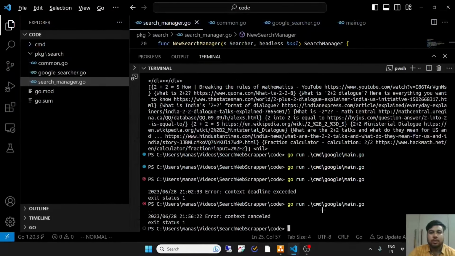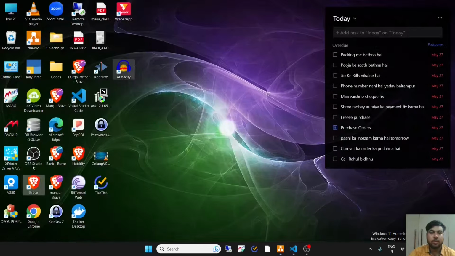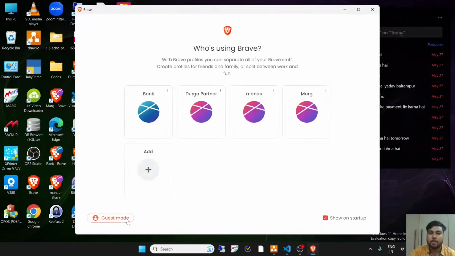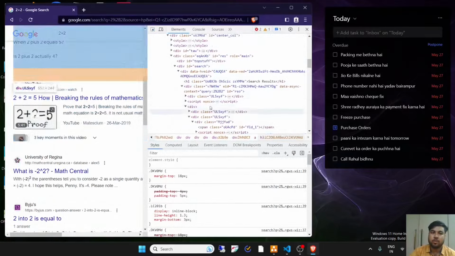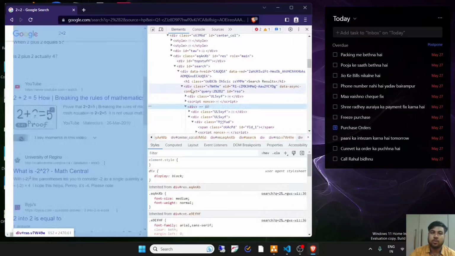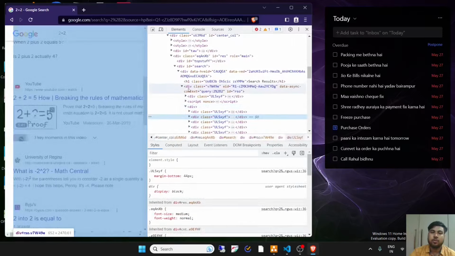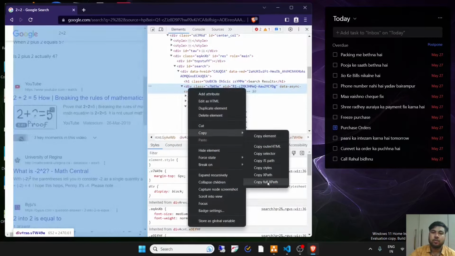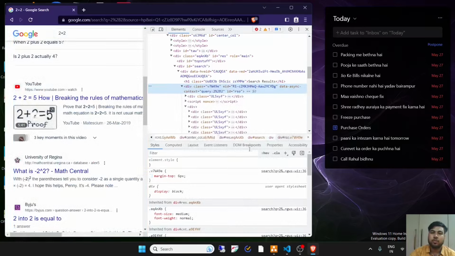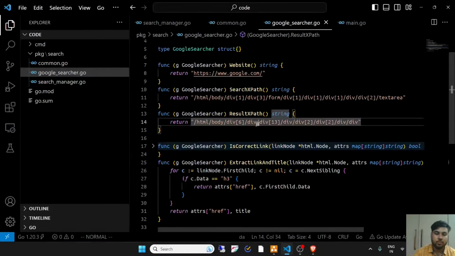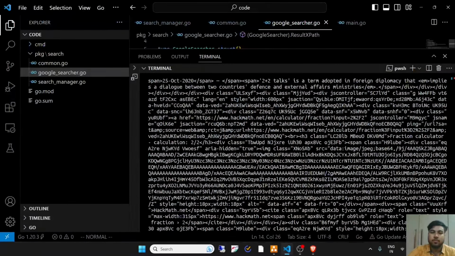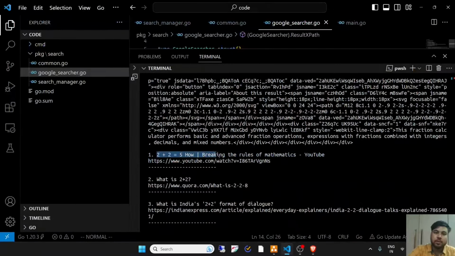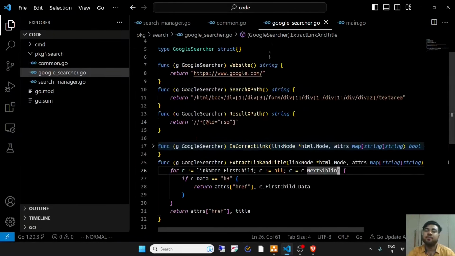I suppose the error is due to the selection path, the search result path. Yeah, here we are. This is the title and this is the link. Title, link, title, link. So this function works for Google.